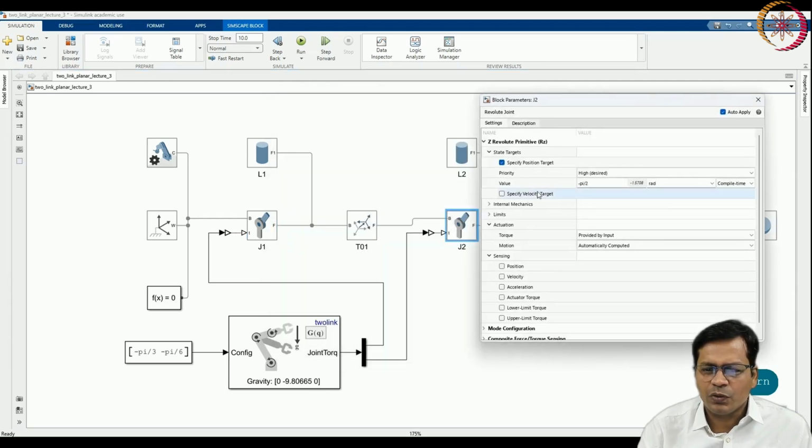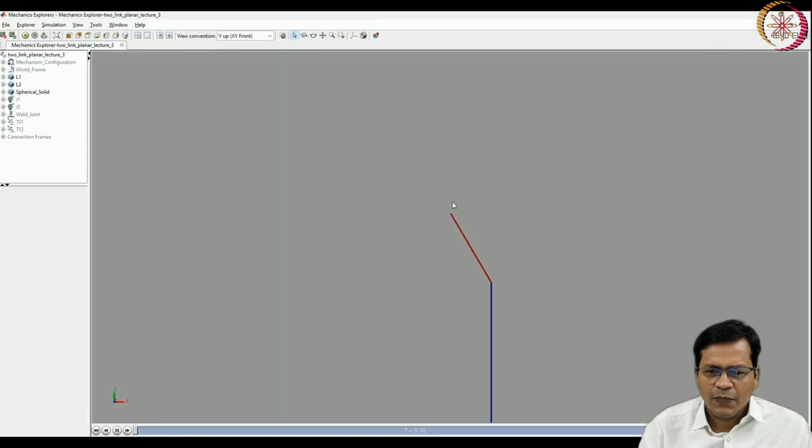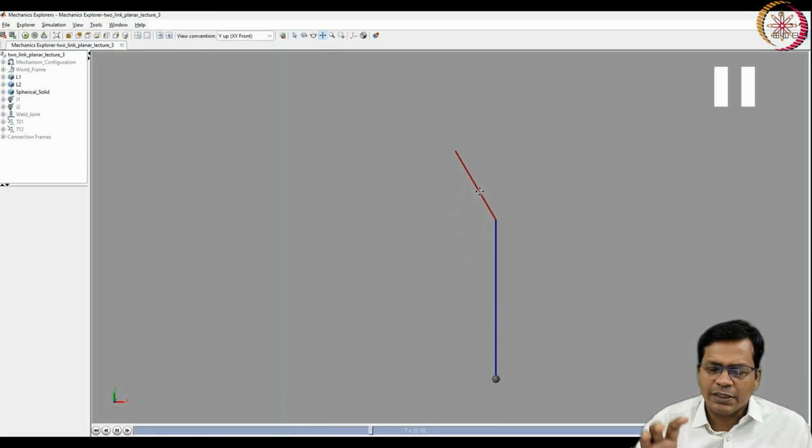Okay, same for joint 2, it is minus pi by 6. Now you run it again and you see it is a new position that is taken up by the robot. It remains in that particular position with exactly those two angles. It started over there, and you are continuously feeding the joint torque corresponding to that particular angle from the gravity block, and the robot doesn't move at all.